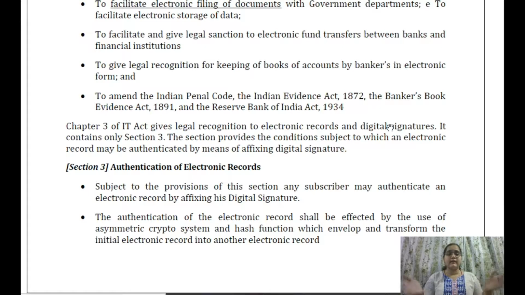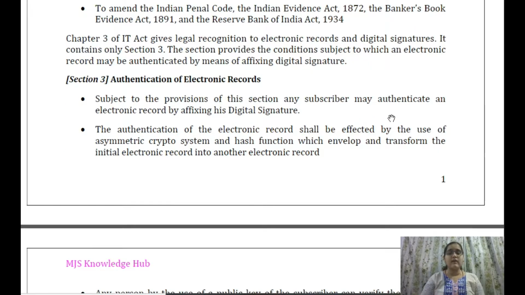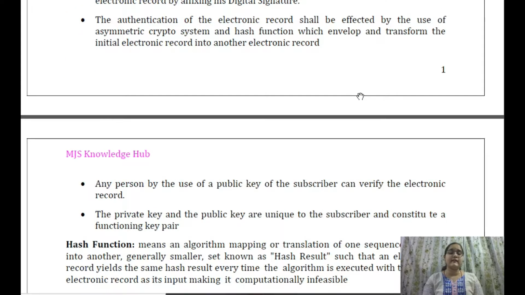function which envelop and transform the initial electronic record to other electronic record. How do you provide the security, authentication or validation? You will do it with the help of asymmetric crypto system and a hash function. These two will envelop and transform the initial record to another electronic record. If you transform it to another electronic record, the sanctity can be retained and no one can change the data,